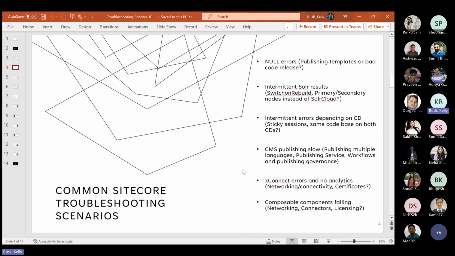Are you using switch on rebuild properly? Do you have primary, secondary nodes instead of SolrCloud? Hopefully you're leveraging SolrCloud. But intermittent Solr results, I promise I did not type this on the next slide after we talked about your challenge. That's a very common thing that we see out in the world. We might see intermittent errors depending on the CDs. So maybe you have sticky sessions,